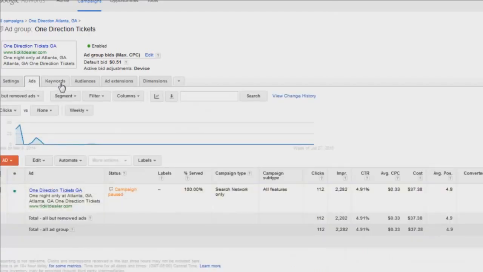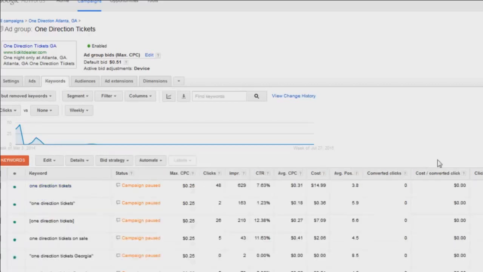Whenever these keywords are searched, this ad is going to show. You'll also see that I manually adjusted the cost per click for the keywords. Just because you set a default bid for the ad group, that's just the default bid for the keywords. In no way does it mean you can't manually change the bid for each and every keyword